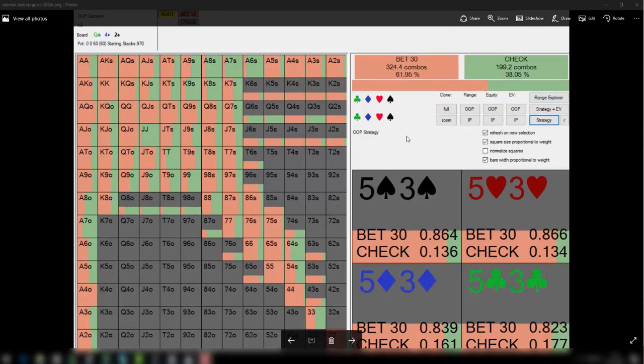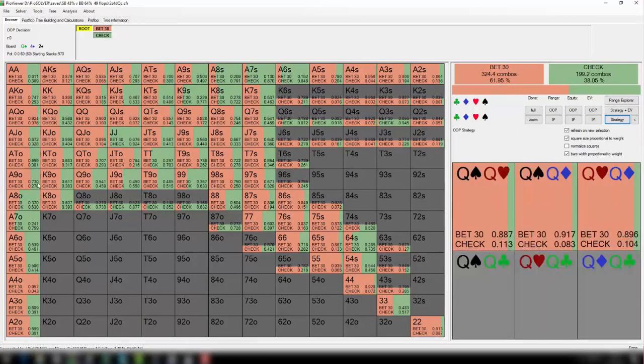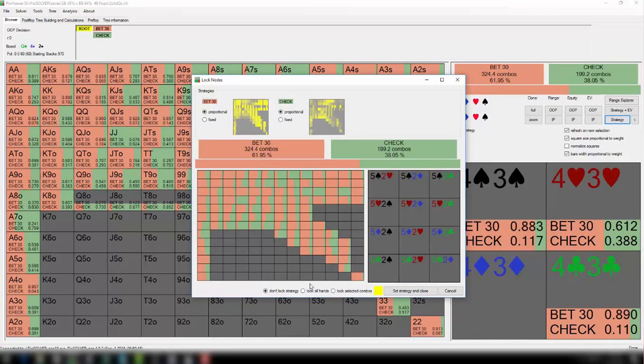The best way for us to do this is to go back to our optimal c-betting range and use this as a launch pad, because we don't want to be deviating both frequency and composition. We want to be keeping all the variables constant and just changing one. So we just want to explore composition for now. So let's go into PO and show you how we can make these deviations. So here's the optimal c-bet strategy. If we go into tree, set strategy and lock node,